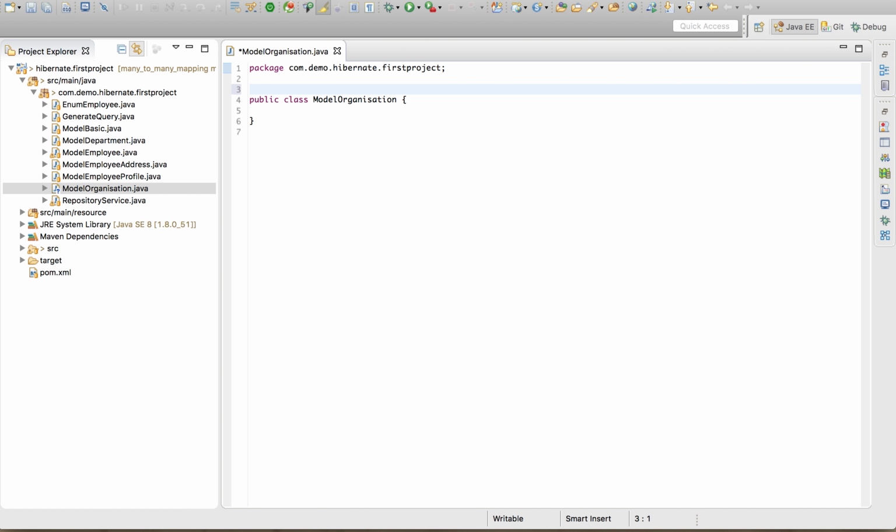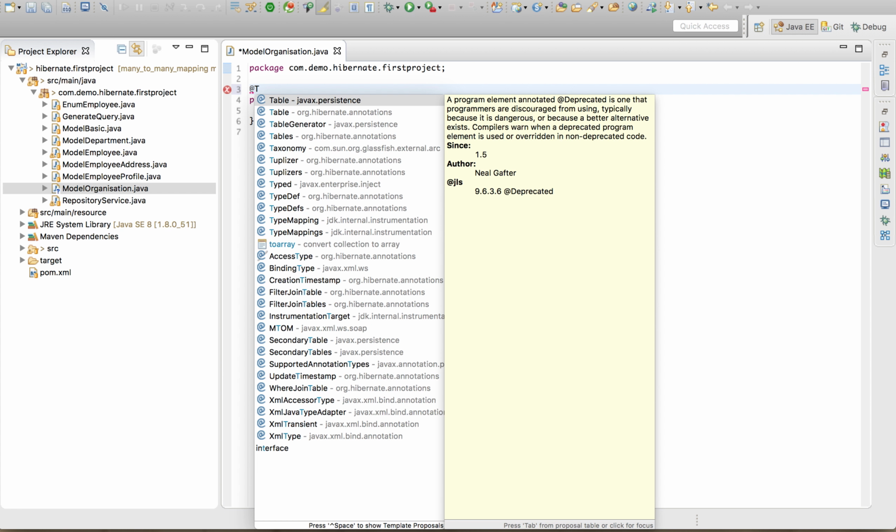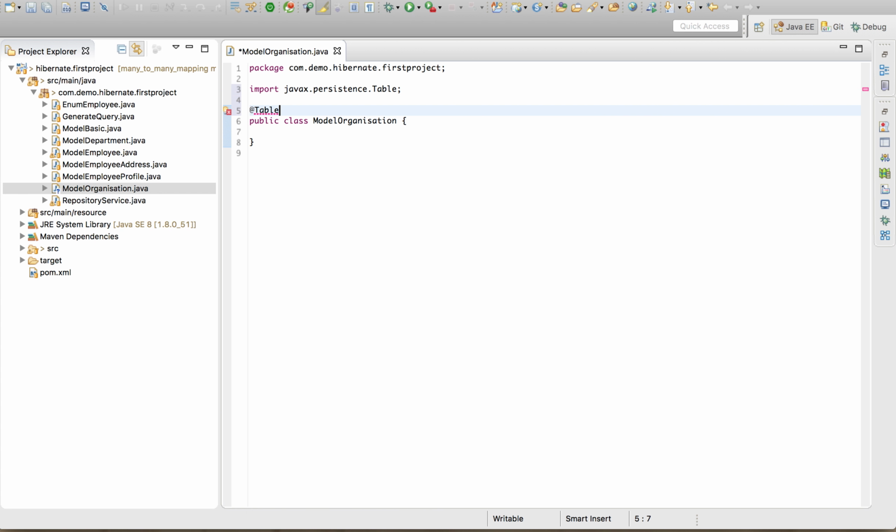since it is a model class and I wish to persist it, I have to annotate its table. We'll use javax.persistence.Table. For that we'll give it a name, that is name organization. Since it is an entity, I have to annotate it with Entity,